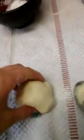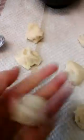First, you're going to part this into little small pieces. So you should at least have 6 of these. And now you're going to roll these into really fine balls. Now press them down like so